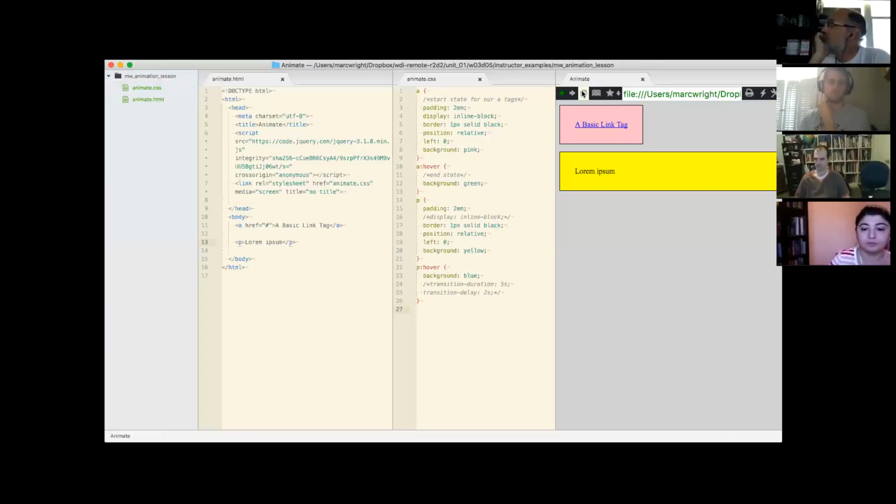So if you're looking at my screen share, kind of the idea is that, let me uncomment this. So when we hover, we want the background of this element to turn blue, but I'm just adding a little bit of transition specifics. So I want the duration, I want it to turn blue over the course of 5 seconds, and then I want a delay to happen. So before that animation starts occurring, I want it to like wait 2 seconds, and then it'll start the transition. So if I hover over the element,